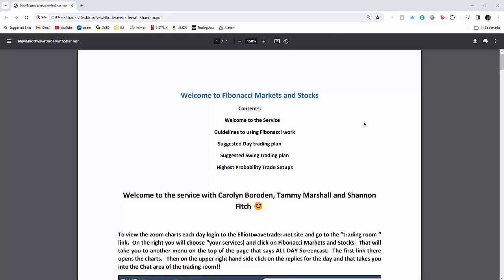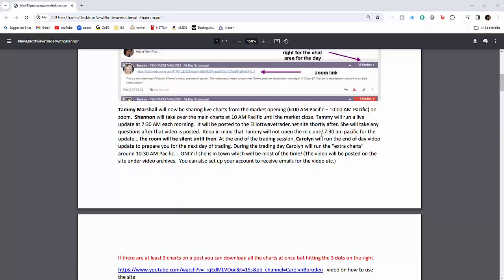But one of the other things that I want to talk about is basically these guidelines, okay? Now I've posted them on the site again, and what I've done here is add one more thing today. Okay, so you have basically the welcome to the service, the guidelines to using the work, the suggested day trading plan and suggested swing trading plan, and then also a little bit about the highest probability setups. But what I did add today